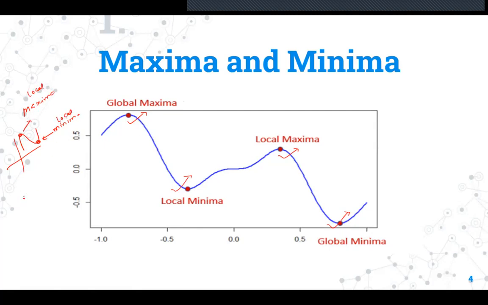लेकिन मान लीजिए मोर देन वन मैक्सिमा और मिनिमा अवेलेबल है. फॉर एग्जांपल कि नाउ सी दिस कर्व. Okay, now there is a maxima available. Now it is highest of all those points. Now there is a minima, there is a maxima, there is again a minima. Okay, so now these two will be the local maxima or minima, local maxima, and this will be local minima, just from graph. Okay, right now we are not doing any mathematical calculation in mind, just from the graph we are saying. And this is global maxima.